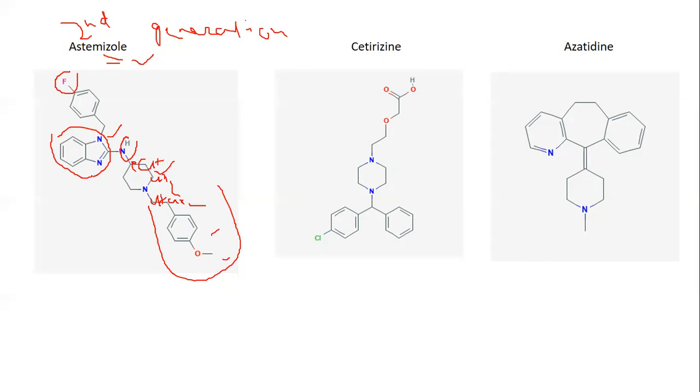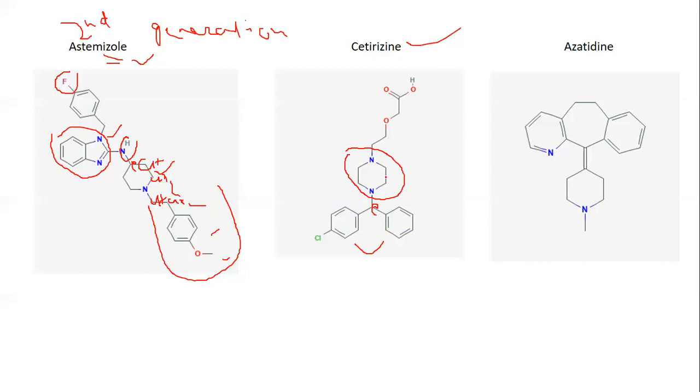Now you first look at this cetirizine. Here you will see this is a piperazine. We have studied different piperazine derivatives. So this is basically piperazine, and the two aryl group criteria are maintained here with this carbon. Two aryl groups here. The aryl group criteria is maintained here with this nitrogen, which is connected to the benzimidazole. Here the carbon is connected with the two aromatic rings. That is the basic criteria of antihistaminic drugs.